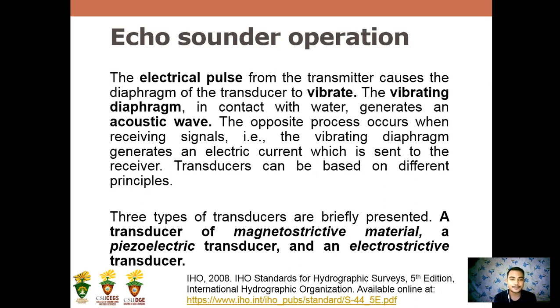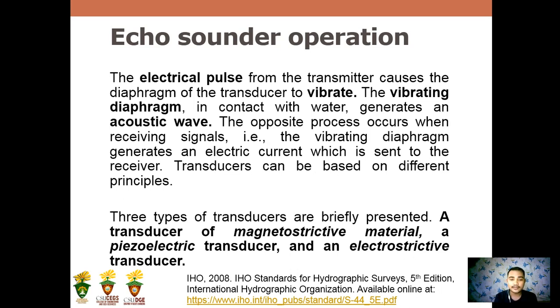The opposite process occurs when receiving a signal. The vibrating diaphragm generates an electric current which is sent to the receiver. As discussed earlier, after the transducer receives the echo from the seabed,